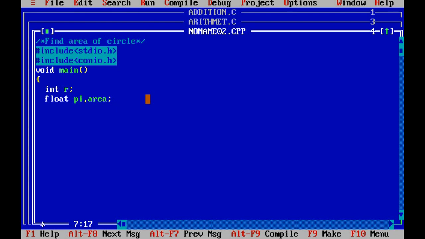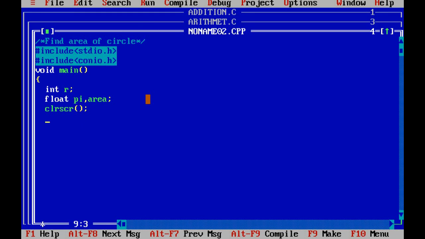So after calculation of the result, our result will be float, right? But radius is an integer. So that's why two variables are declared as float and one is an integer, that is radius is an integer and float pi. Pi is given as the name pi because we cannot put the mathematical symbol pi here. So that's why the name given is pi in C programming language, and the final result is stored in area. So after that give the clrscr function.